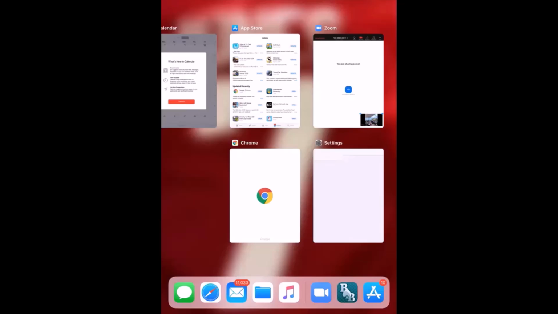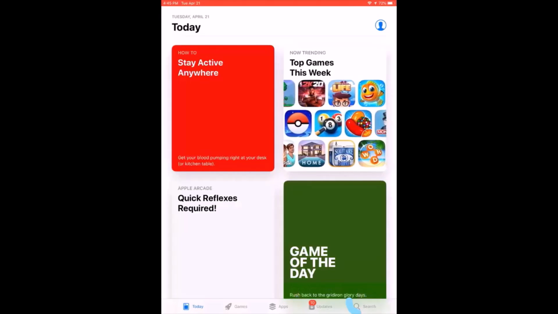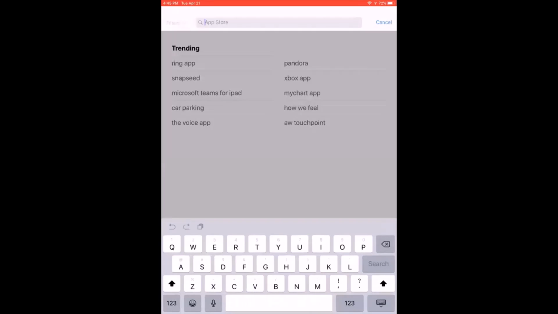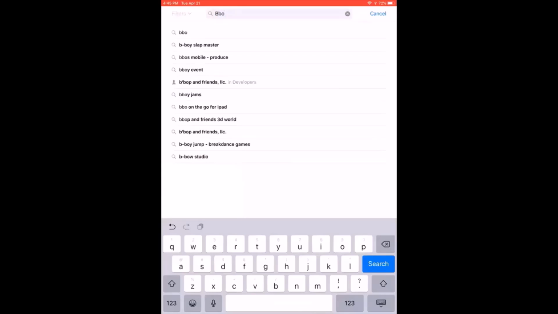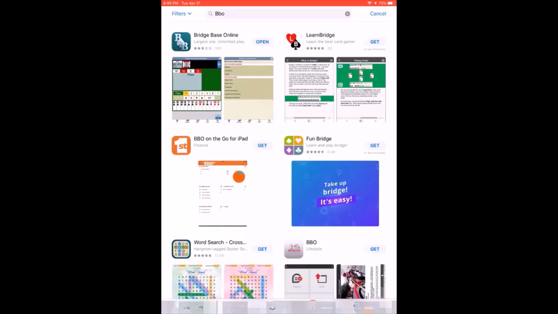On an iPad, one of the first things you're going to want to do is to go to the App Store if you don't have Bridgebase Online already set up. On the App Store, once we click on the A for App Store, it'll log on and you're going to search. As you can see in the bottom, there's a search, and you will type in BBO and search. The first thing that should come up is Bridgebase Online, which is what we see here on the